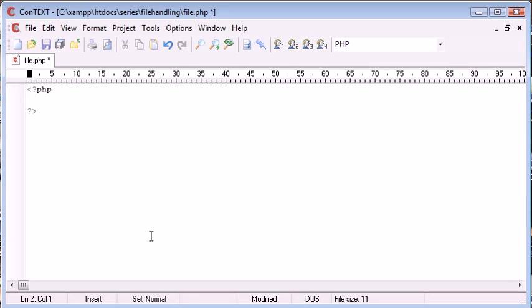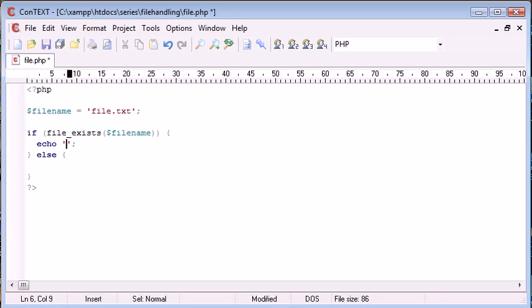So let's go ahead and say if file exists, and we need to specify a file name in here. We'll do that a bit later. Then what we're going to do is not create the file. So in here, we're not going to create the file. Otherwise, we're going to create a file. So the file is going to be called file.txt. So what we need to do is we need to say if file exists file name